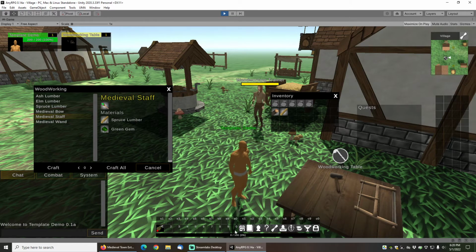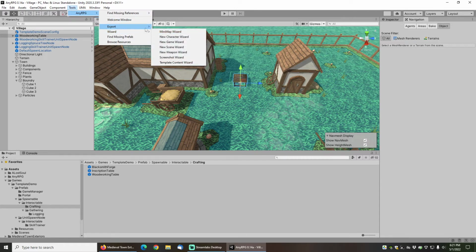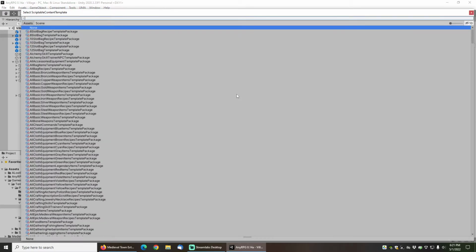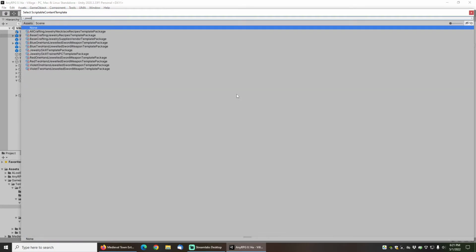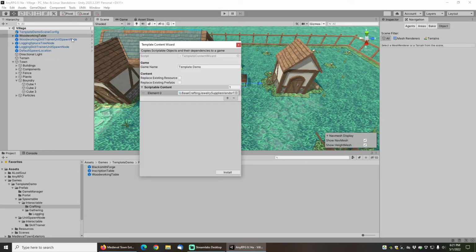Okay, good. Now that we have some spruce lumber, we have one of the ingredients for the medieval staff, but we do need a green gem. The gems are actually sold by the jewelry supplies trainer. You can also go the route of installing the mining trade skill and then the jewelry skill to actually turn the rough gems into jewels, but we're just going to cheat here and just install a jewelry supplies vendor. And so there's the base crafting jewelry supplies vendor template package. Let's go ahead and install that,